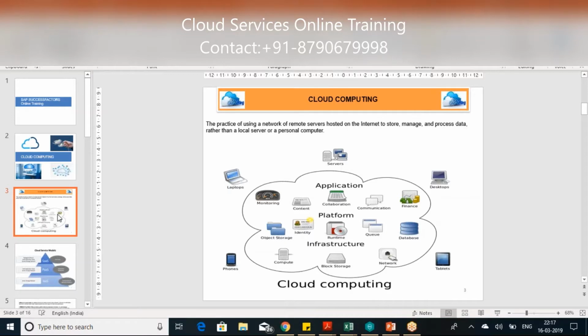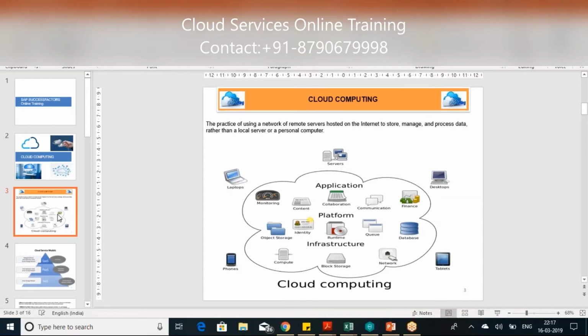Now, in the case of cloud computing, we don't have to worry about how servers are maintained or how the data is stored or maintained. Everything is processed in the cloud. So we only access the application through the URL and then the user ID and password which is shared by the admins. That's how we use a cloud computing application.